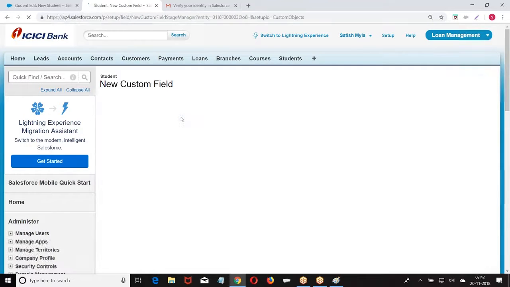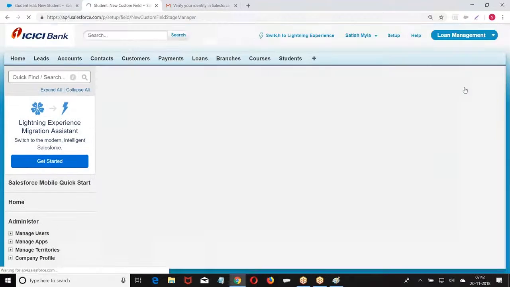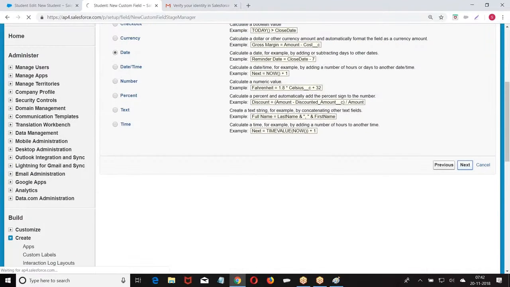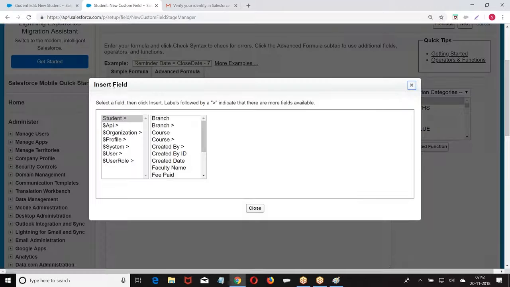Let me create one more field, formula. Next, start date. Insert student, course.